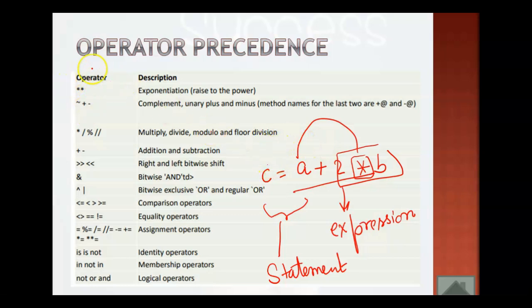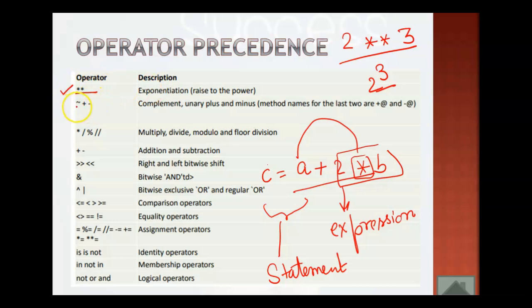So now you please check the precedence. I have taken some new types of operators here. So we have the exponentiation operator. You know the exponentiation operator is used to find the power. Like if you want to find 2 to the power 3, you will write it like this. Okay, so this is equal to 2 to the power 3, but we can't directly write 2 to the power 3 with the help of a keyboard, but this one is possible to write. So you can do that with the help of exponentiation. So the point is, if an exponentiation operator is given in an expression, that will execute first.